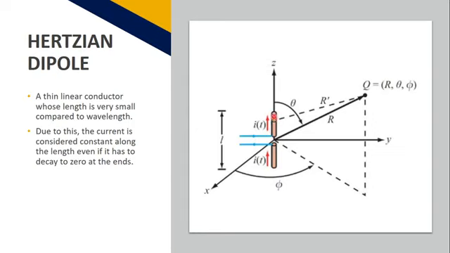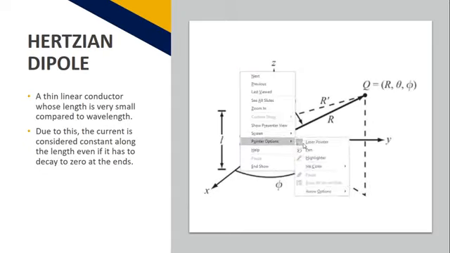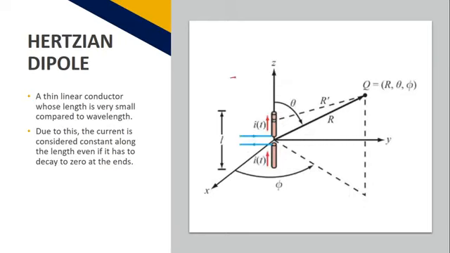Because of such small construction, the current is considered to be constant through the wire. For example, I take this to be the antenna length, and through this my current is going to flow. So it is going to be I of t. Since this length is very small, the current, though it has to go to 0 at the end,